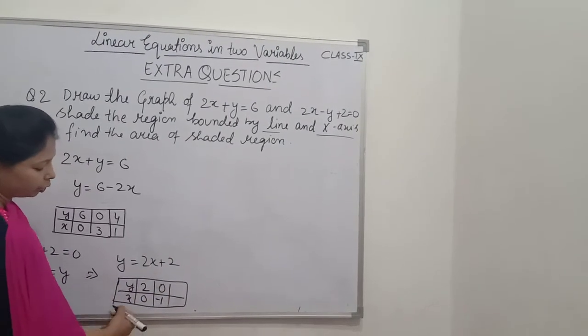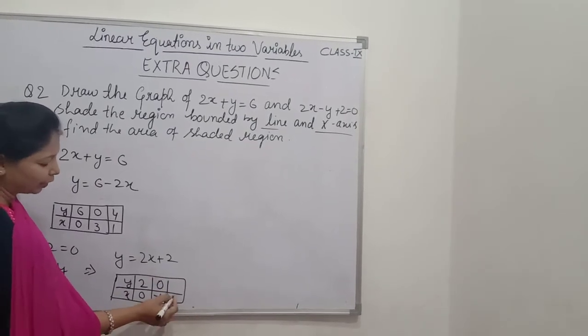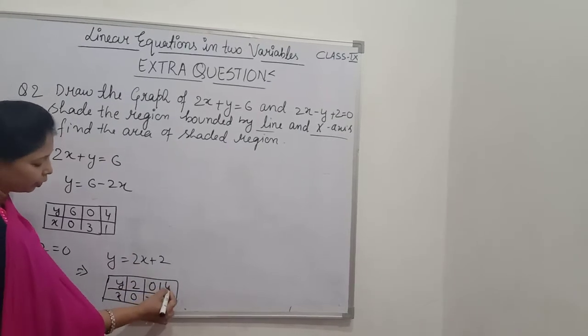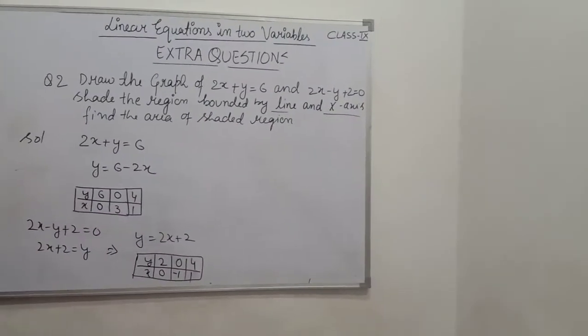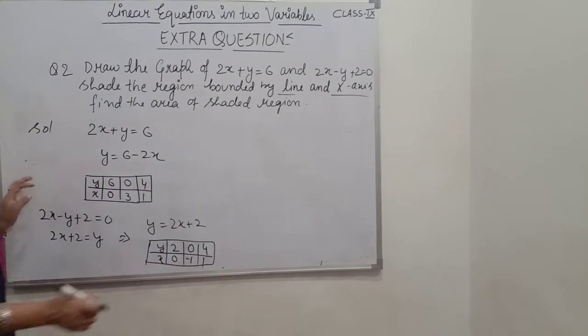Okay friends. So now what would be the third value? You can take any one. If I take x is equals to 1, the answer is y is equals to 4. Now I want to plot these solutions on the graph so that